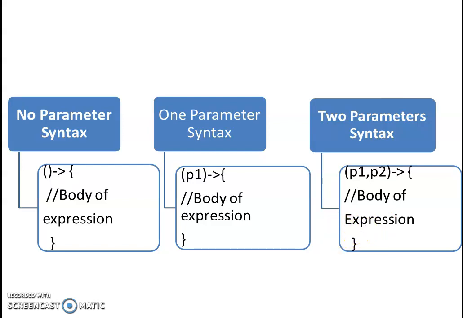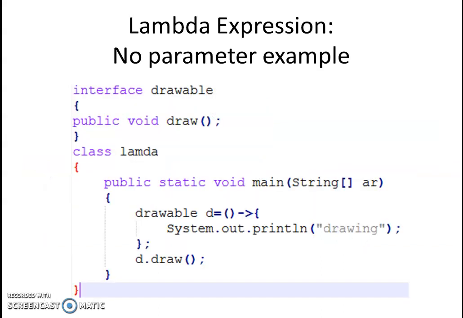Now let's understand Java lambda expression using Java code. In this Java code, we have one interface named drawable. We have one abstract method inside the interface. As the methods of an interface are abstract in nature, abstract means having no definition. So here we have this function, and we are ending with a semicolon. We are not providing any definition. That means this particular method is abstract, and all the methods of an interface are abstract in nature. So here we have this interface having only one method, so this particular interface is a functional interface as we discussed.